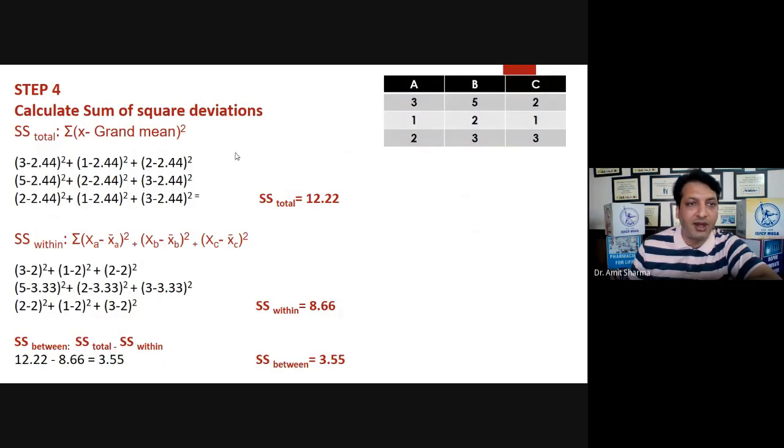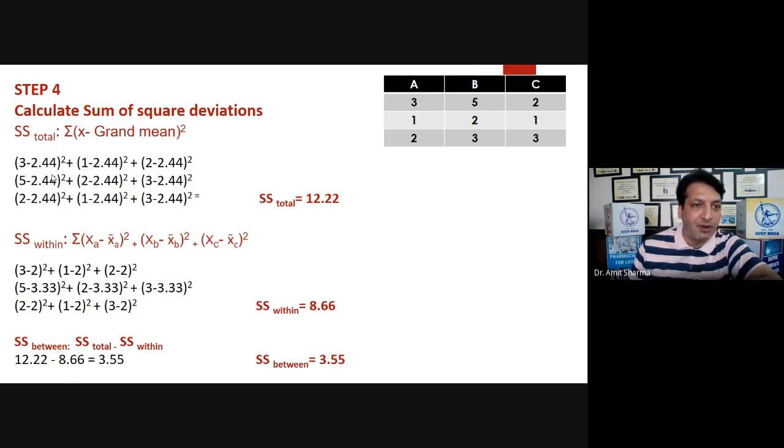If we have calculated the grand mean, we have to calculate the sum of squared deviation, which is step 4. So the sum of squared deviation can be calculated by using this formula, that is SS representing sum of squared total. First of all, we have to calculate that. After that, we have to calculate within, and if we have the value of total and within, we can get the value of the between.